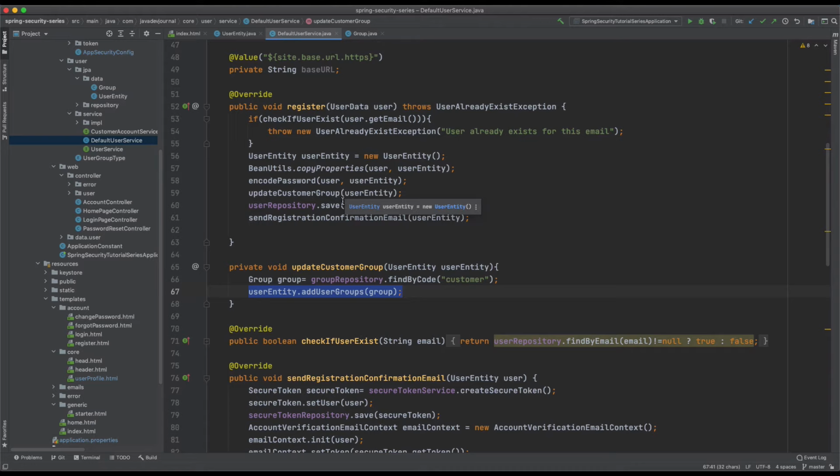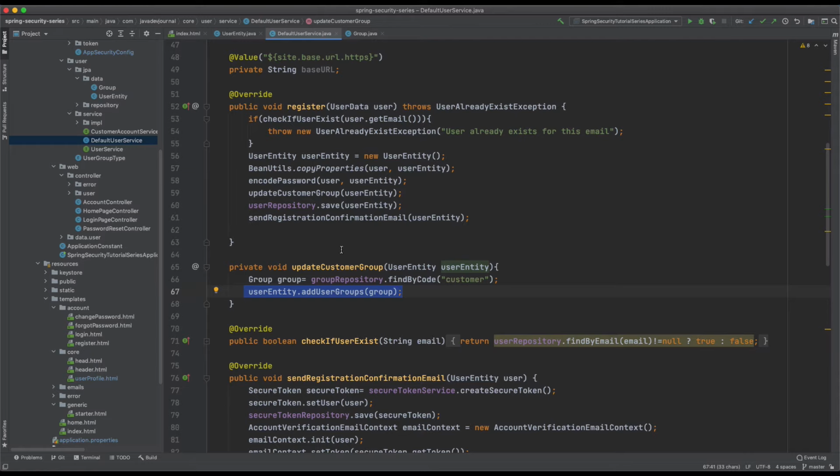This is the registration process. To keep it simple, I'm going to assign every registered customer to a customer group. Okay, right? So this is our registration method. We have already talked about this in our registration lesson. All I'm doing is, during the registration, I am calling this method, getting a group from our group table and then assigning this group to the entity. So this completes our first workflow where a customer registers and will automatically be registered as part of the customer group, or the customer group will be added to his profile.